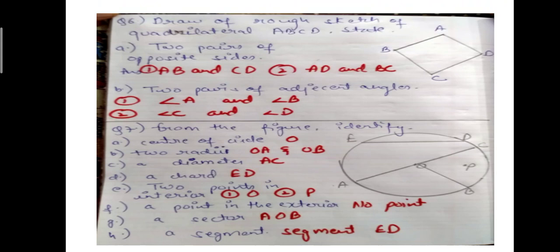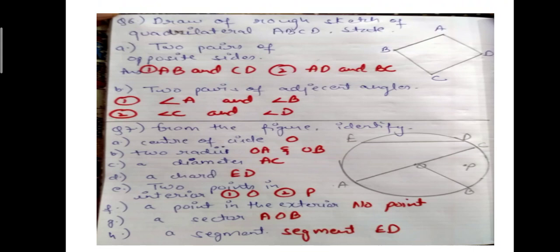Now then we have to write a diameter. Diameter is what? The double of the radius. As we can see that OC is a radius and double of that is OA, so you can write AC as diameter. Okay. A diameter is the line segment which passes through the center of the circle and also touches the boundary of the circle. ठीक है, when both these two conditions are fulfilled, then only we can name a line segment as diameter. Clear?